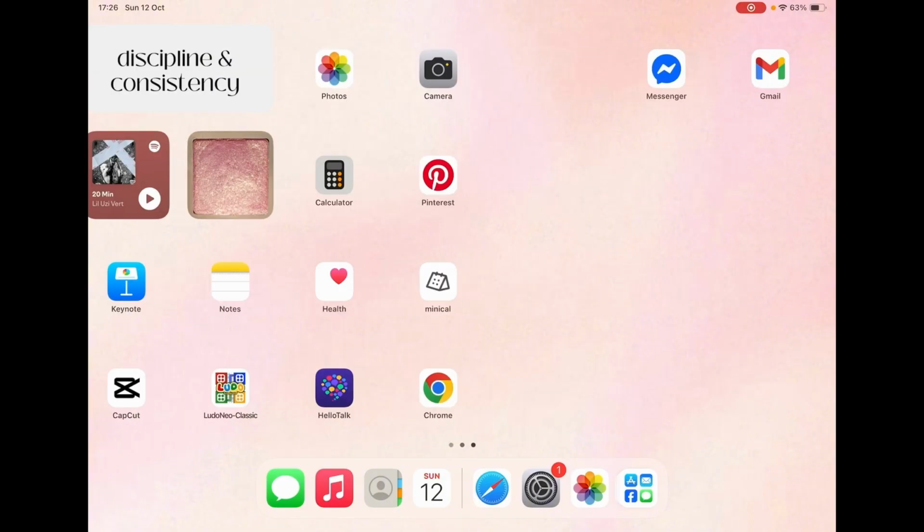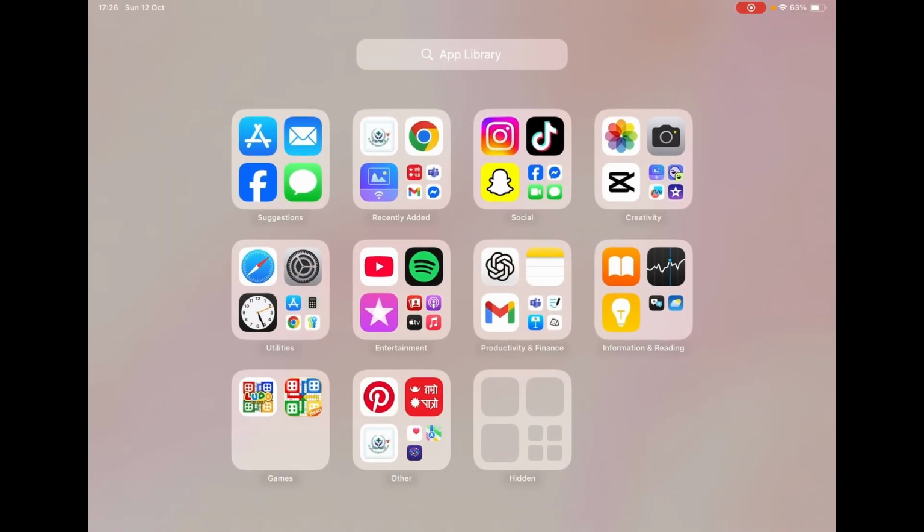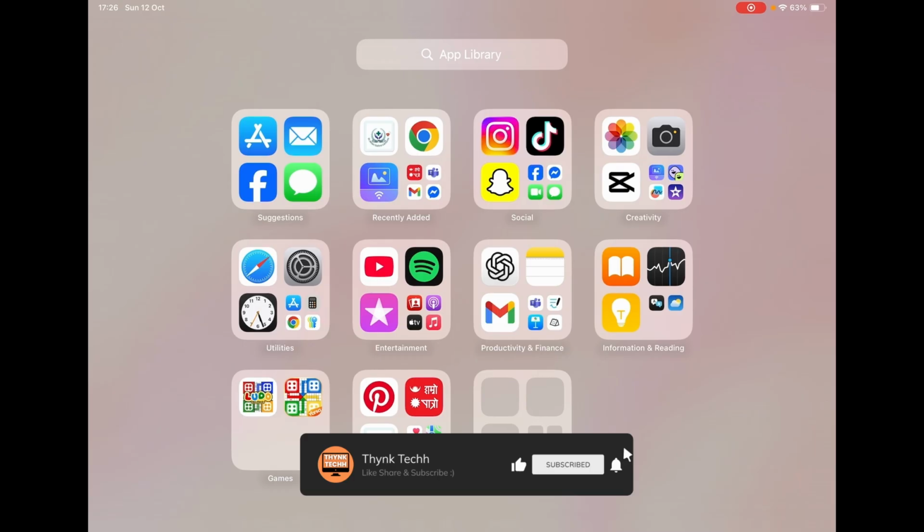You can also find recently downloaded apps in the first folder labeled recently added. If you downloaded the app recently, it should be there. This is a fast way to find and restore an app to your home screen without having to download it again. So now if the app is completely gone from your device, you will need to follow the steps to